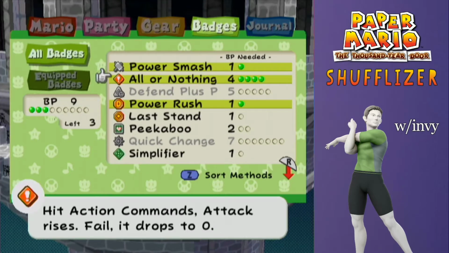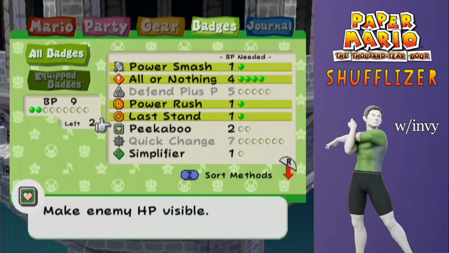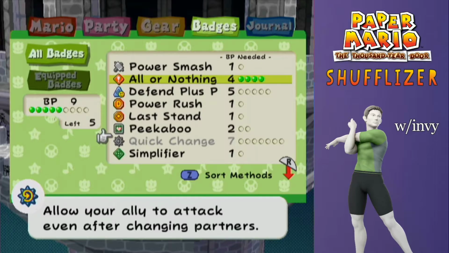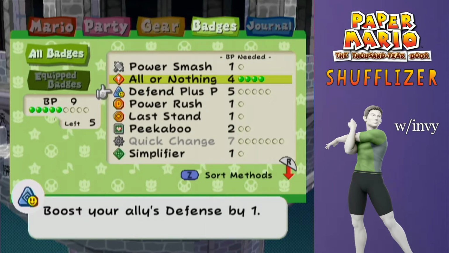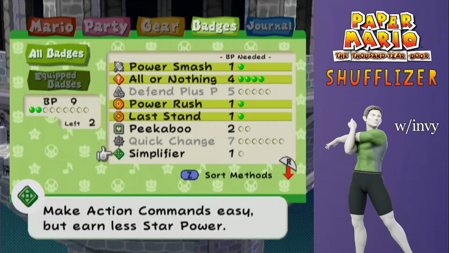What can we do here? We don't really have any good badges we want to add here. A Defend Plus P, Last Stand, Peekaboo. Oh, Quick Change, right, I forgot we wanted Quick Change. Is it worth taking off the All or Nothing, though? I feel like it's not yet. Actually, I'm going to keep the Power Smash. I'm going to put on Power Rush, Last Stand, and I'll put on...